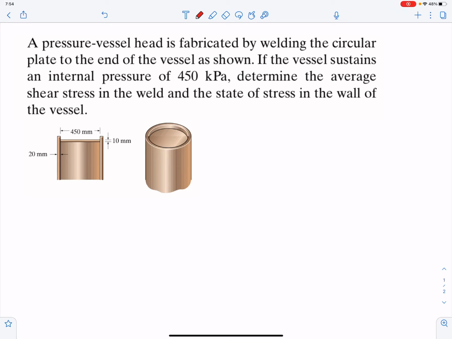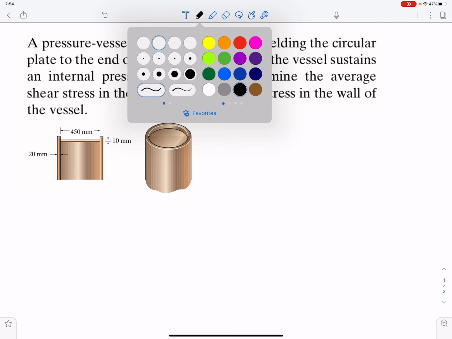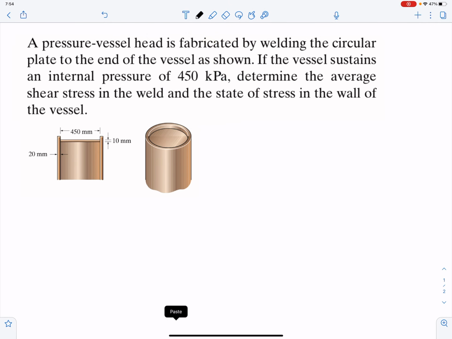Hello everyone, welcome back. Let's solve this problem based on the combined loading. This particular problem is asking us to determine, first of all, if this is a pressure vessel, and then the pressure vessel head is fabricated by welding the circular plate. So this is basically this circular plate, okay, so that circular plate is welded, and